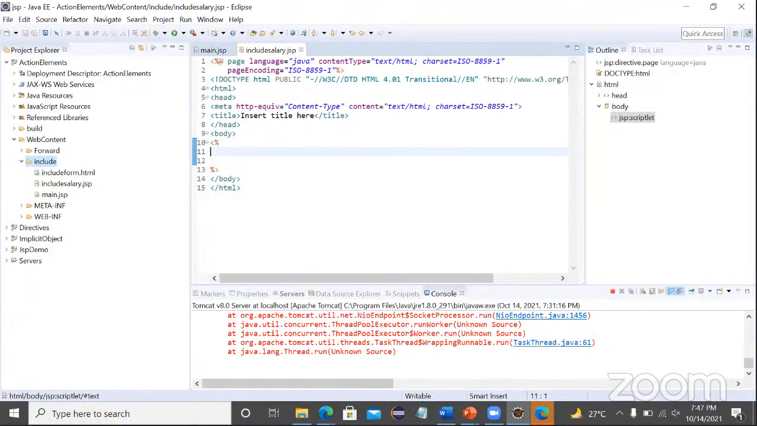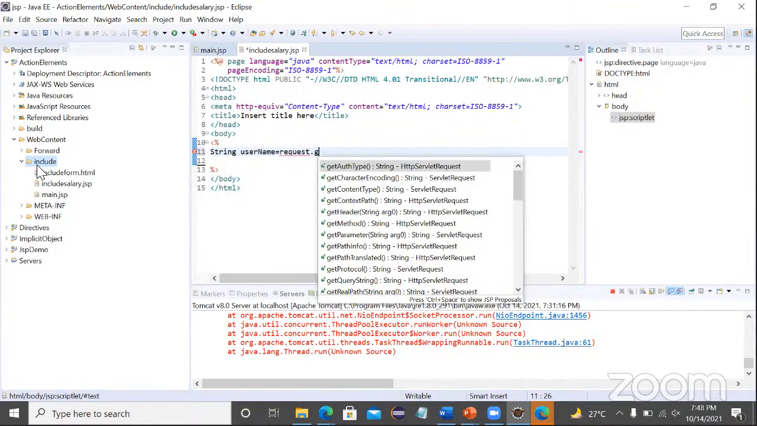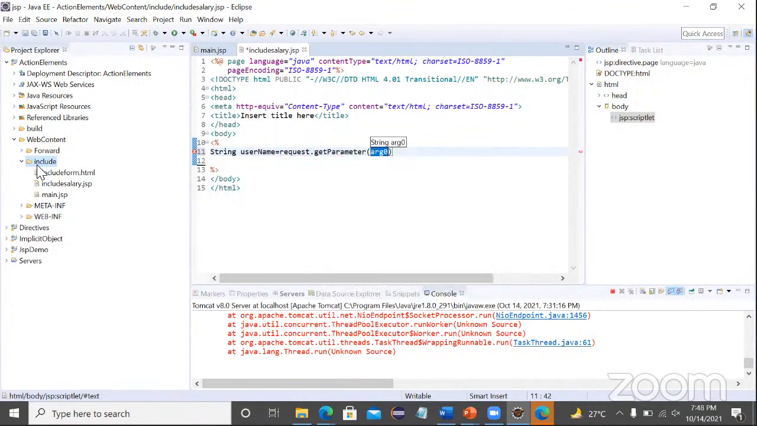So here, string username. String username equals request dot getParameter, and here uname. Okay, and let's take it as a double, because we have taken it as not double, sorry, float. So again I'm taking float,